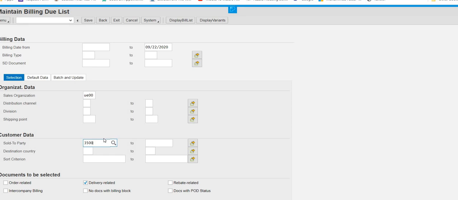Then what next are they asking us to do? We have to press the icon called display bill list. In the exercise they show a tick with a clock, but in this interface you are not getting this icon. You are getting the icon with the words display bill list written. You can see the second last option from the right, display bill list. So I'm going to click on this.